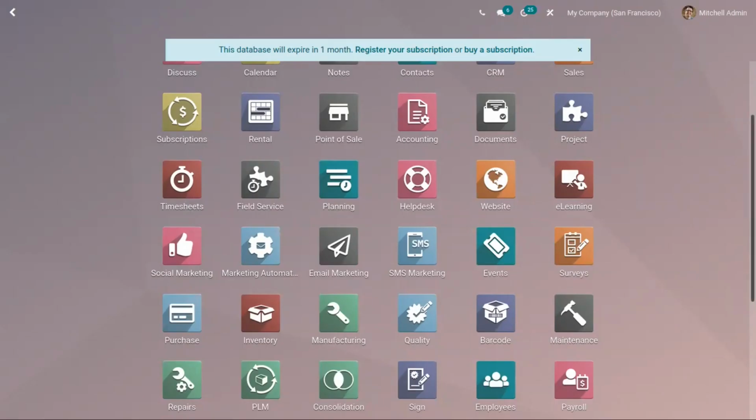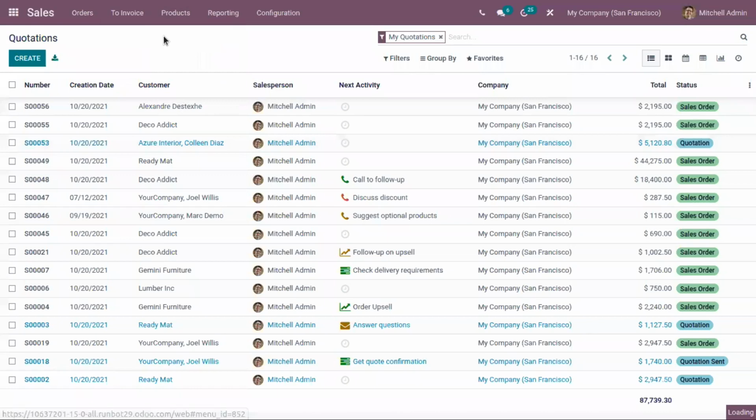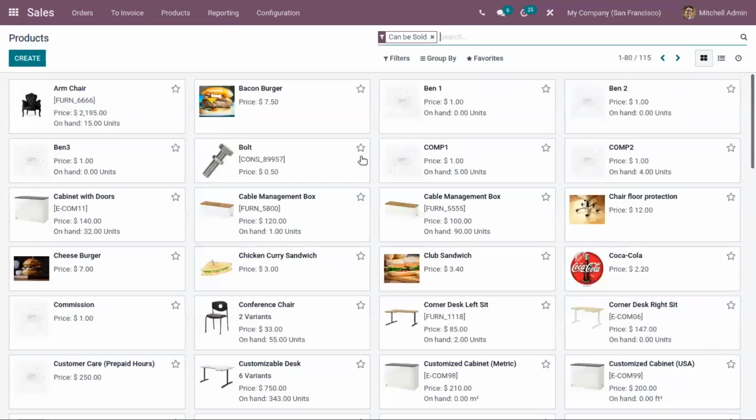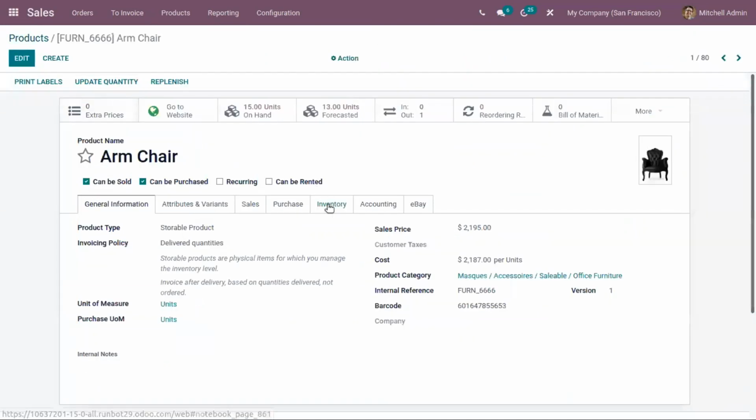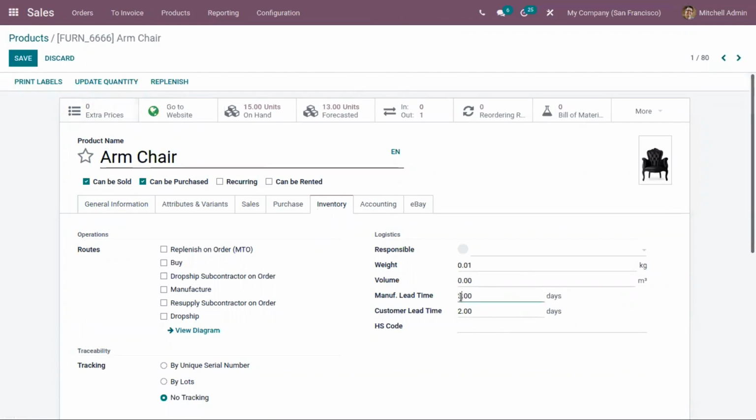Next we have the manufacturing lead time. That can be set inside the product form. So under inventory, here we have the option to set the manufacturing lead time for your product. It is the expected time taken to manufacture a product, and it is independent of the quantity to produce.